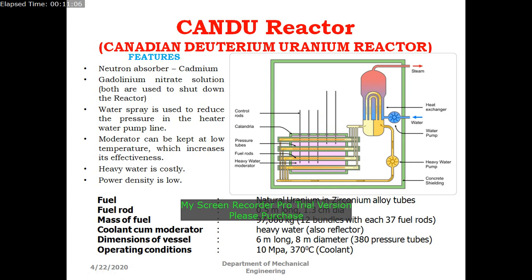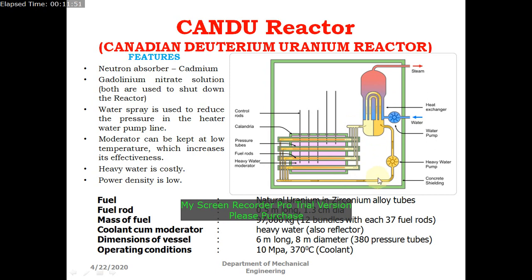One more thing we have to remember here: while shutting down the reactor, we have to bring the radiation to the lowest possible level. For that purpose, during the shutdown, they will spray gadolinium nitrate solution. So we can shut down the reactor in a short span of time. And one more thing: when the water is passing through the pressure line, it gains heat from the fission reaction, and it passes through the header on the right side. It loses the heat to the ordinary water, and after losing the heat, the cold water comes out.